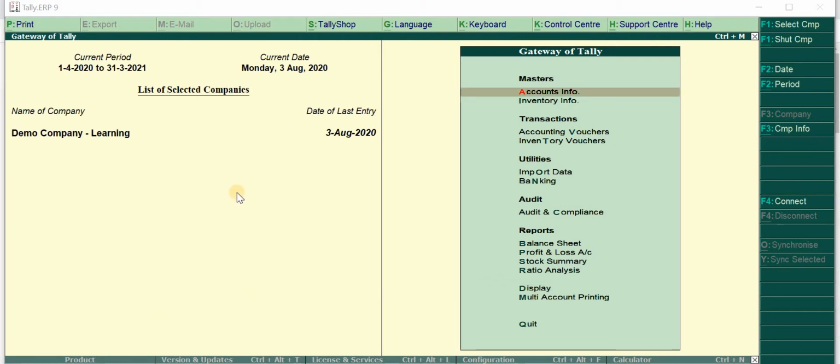Now let us go to a stock journal. How do we go to a stock journal? Like any transaction, we will go to accounting vouchers, or since we also have inventory vouchers, you can straight away click on inventory vouchers. But still I will teach you. Suppose you are at accounting vouchers, how can you navigate from accounting vouchers to the stock journal? Stock journals are journals for transferring goods and for any transaction which has to do primarily with inventory only.